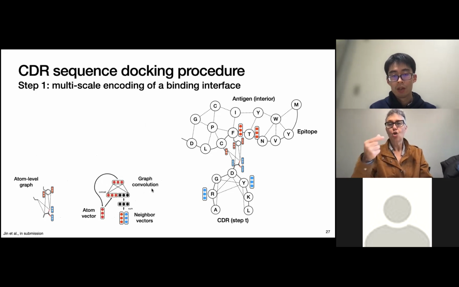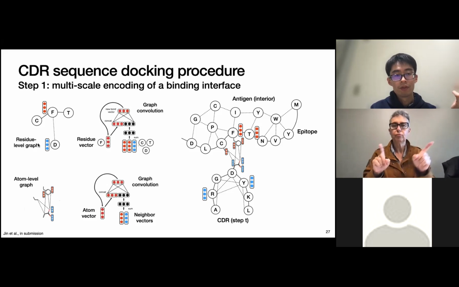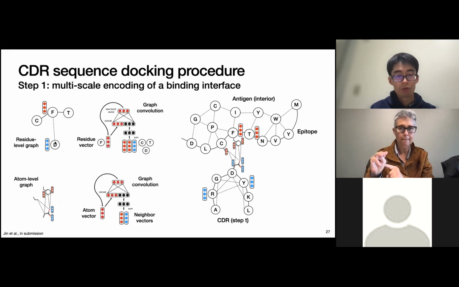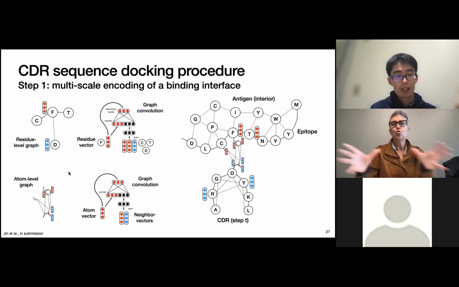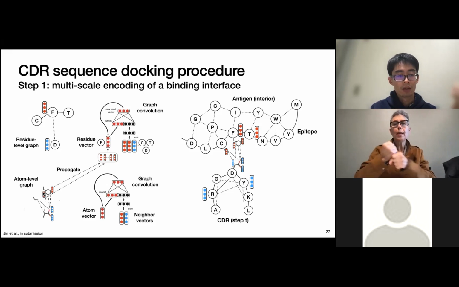graph convolutional networks. One is operating at the atom level, where everything is just an atom. For example, let's look at the subgraph here. We have a bunch of atoms and their graph structure, and based on their distances, we can run graph convolution to get these vectors for each atom. We have the residue level graph convolution, which is the same as before. You basically have each residue and their neighbors, and you aggregate their representations. And we do a little bit extra. We propagate the side chain atom vectors, these representations, to